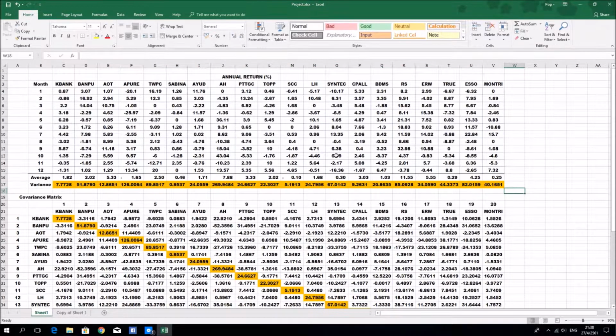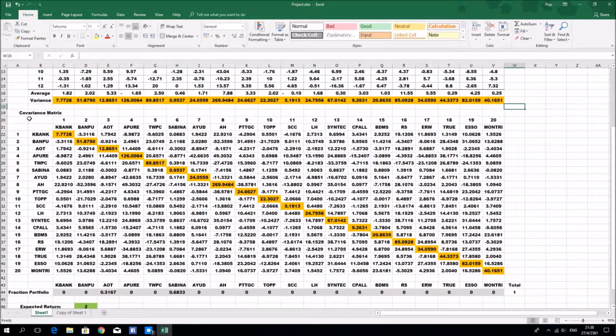After we completed that, we then construct the covariance matrix. The covariance matrix is just a matrix between two stocks that we chose. And to find the covariance, let's take KBank and KBank as an example. To find the covariance of KBank,